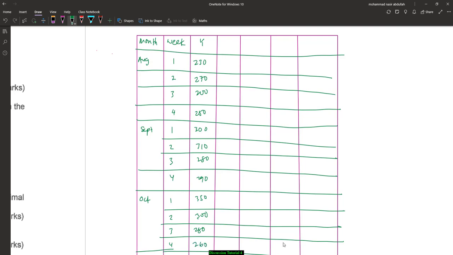So first step in doing a moving average, what we need to do first is for moving total,